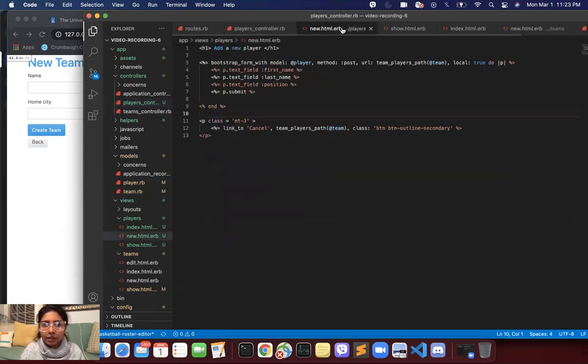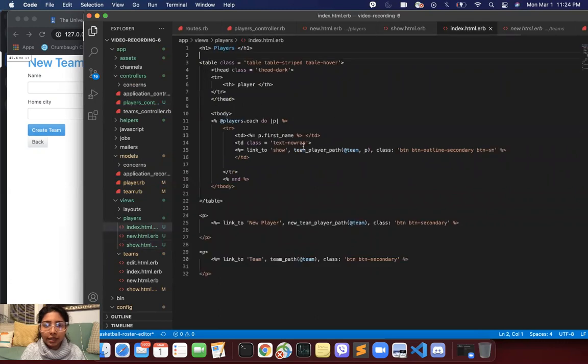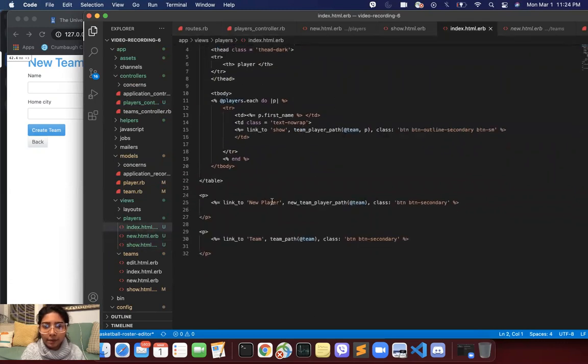So, we have created this template for the new.html.erb, where we are specifying these three parameters: first name, last name, and position, and it gets submitted, and this calls the model player. We also have added, in the index.html, the link to